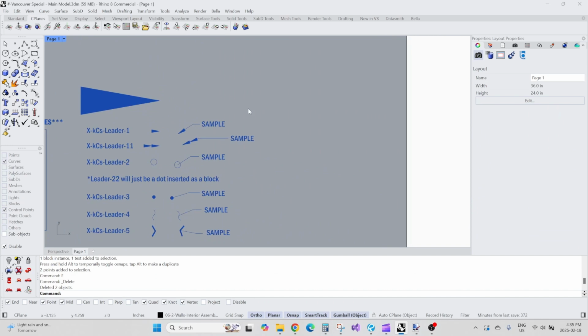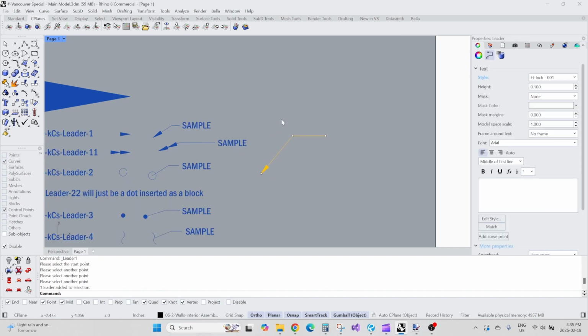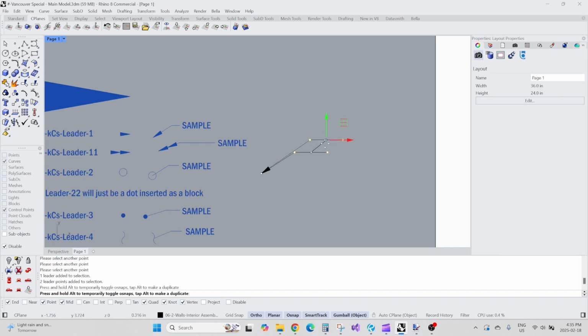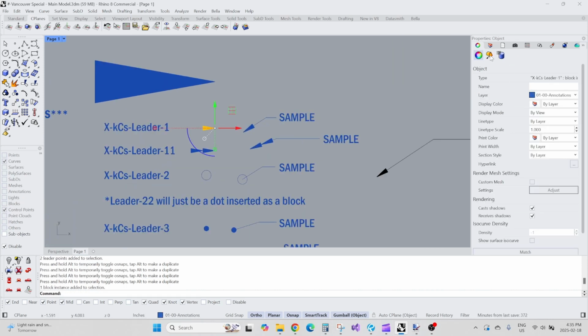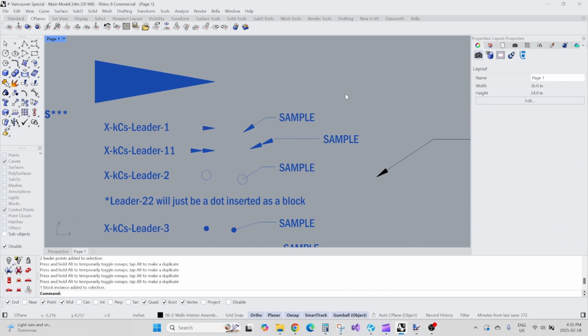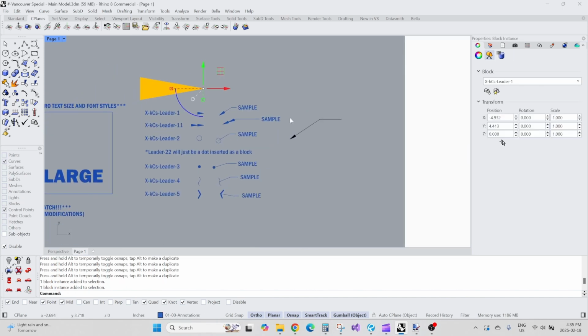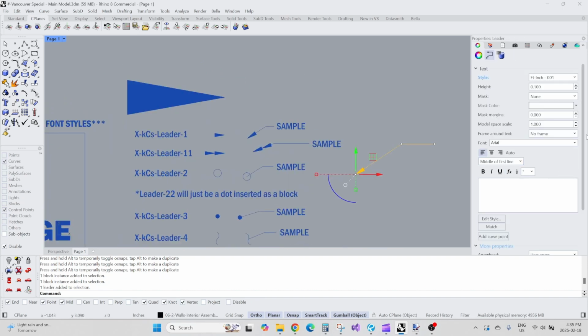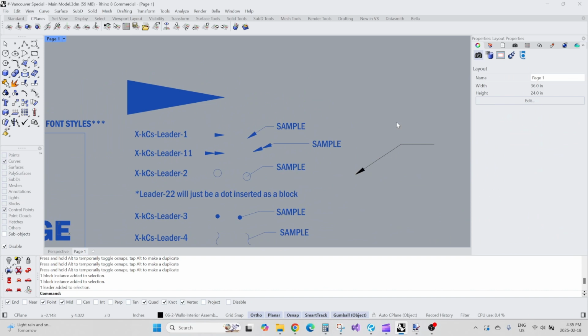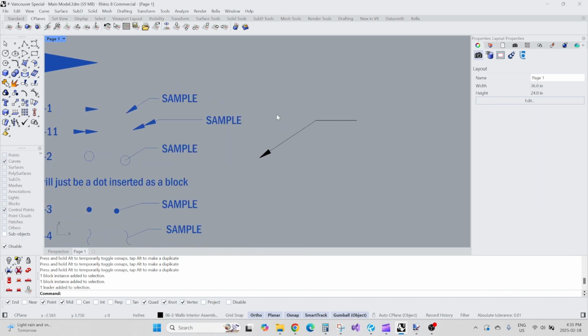I had some issues with my leaders, but I think I've got them all resolved. So for me, I like my leaders detached from my text. So all these blocks are actually just scaled down really small, because it seems like the leaders just work better with a really large arrow. And then when I do the macro, I just scale it down. That seemed to be the solution to that. So I have all these